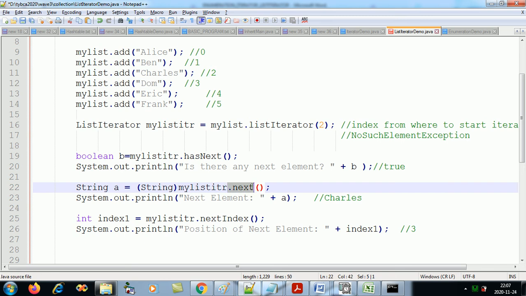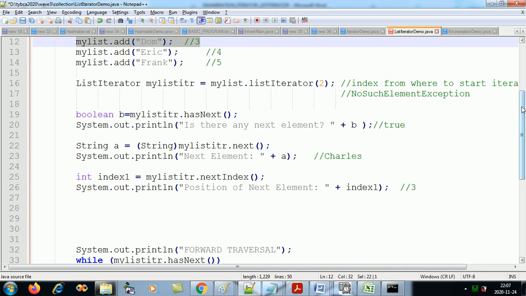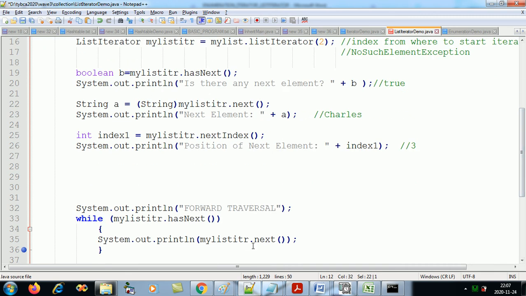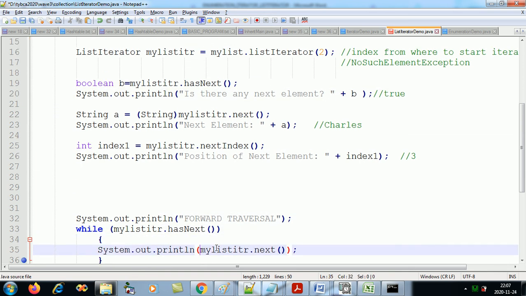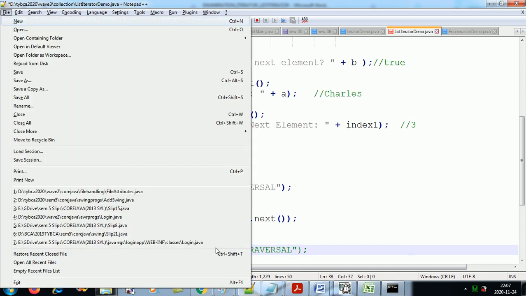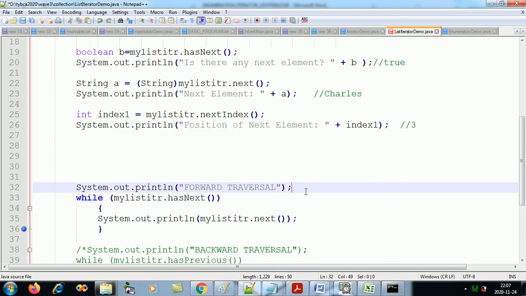Now when I gave next, we moved to Dom, so the current is Dom. In forward traversal, is Dom there? Yes, print Dom. Is Eric there? Print Eric. Is Frank there? Print Frank. So as per my logic, the output should be Dom, Eric and Frank.